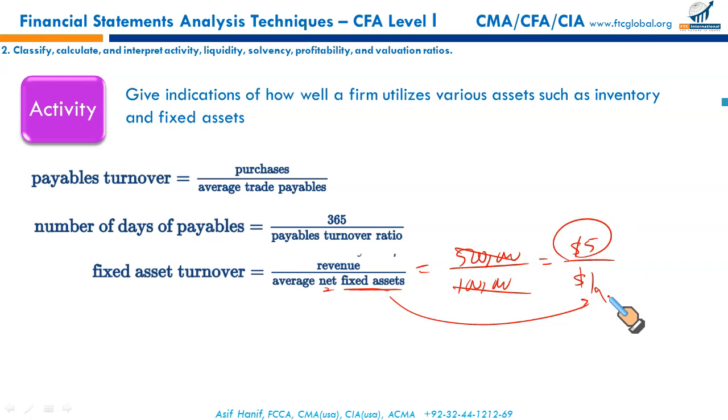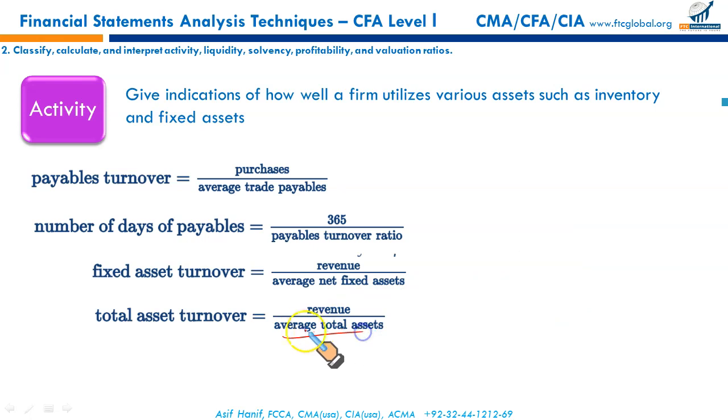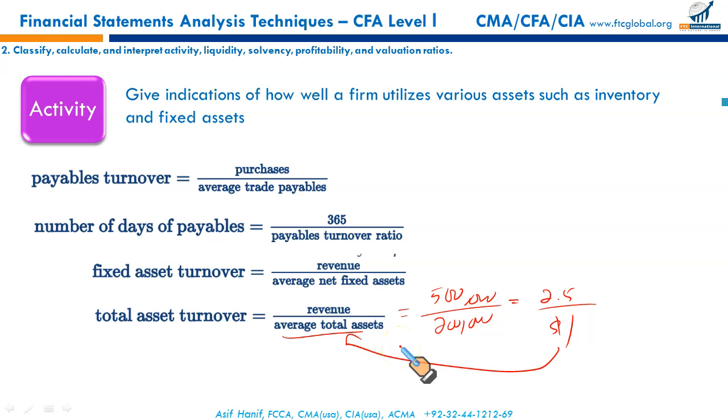Fine, the ratio looks good, but we must also appreciate that there are certain assets in the current assets category. They are also involved in generating revenue. We can't just ignore them. So in order to bring them in the loop, we take average total assets. Let us consider our revenue for the period was $500,000 and our average total assets, including your inventories, your account receivables, marketable securities, all these current assets, the result is 2.5, which means $1 investment in assets, fixed and current as well, generates sales of $2.5.